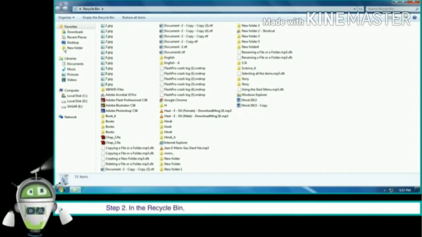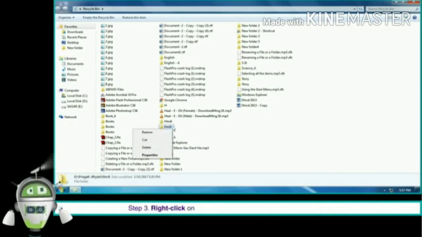Then second step: in the recycle bin, select that particular file or folder which you wish to restore. उस particular folder or file को select करिए जिसे आपको restore करना है. Then right click on that file or folder and click on the restore option. This is the restore option, you have to click it and then your file will be restored.